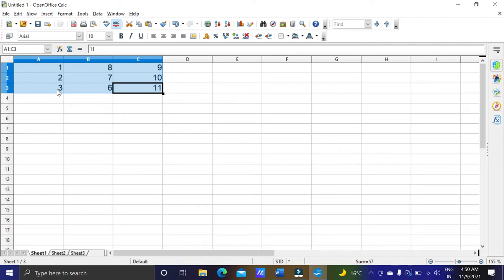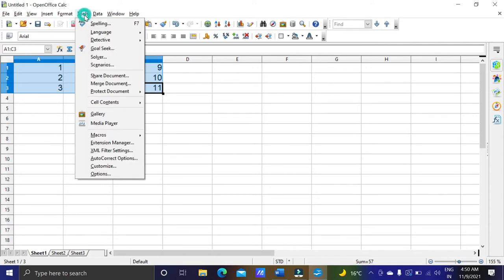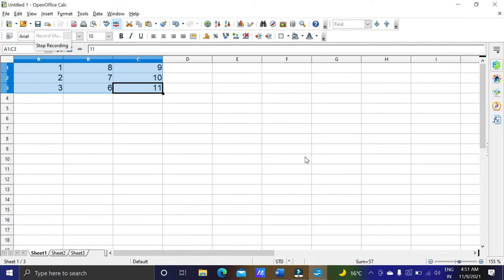Now I will go to Tools, then Macros, then Record Macro, and I will start recording the macro. Here you can see the recording has been started, and if I click on this option, Stop Recording, I can stop the recording. Okay, so now what I have to do is multiply all the numbers with 3, and I have copied the number 3. So I will go for the Paste Special option.